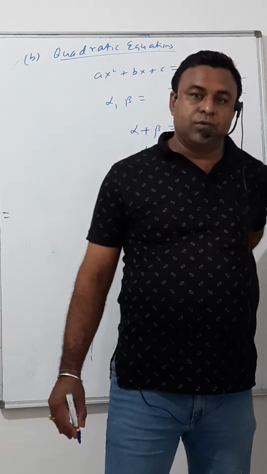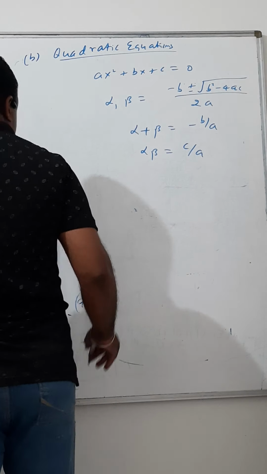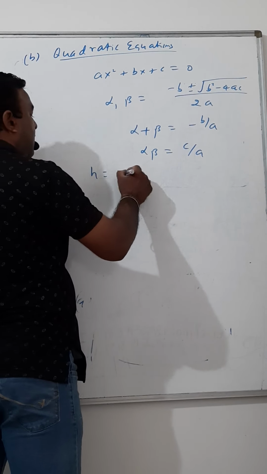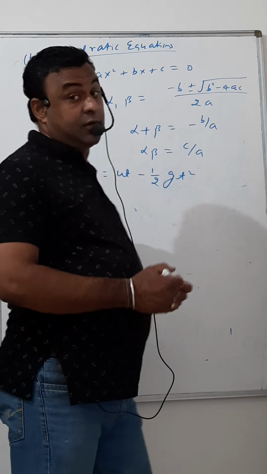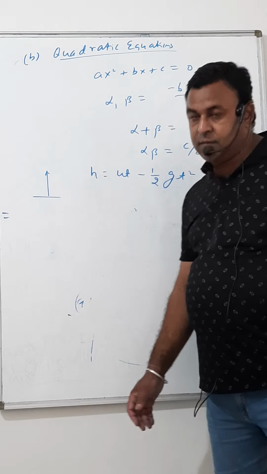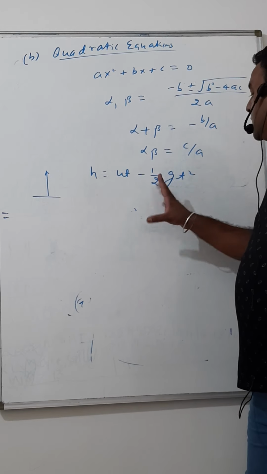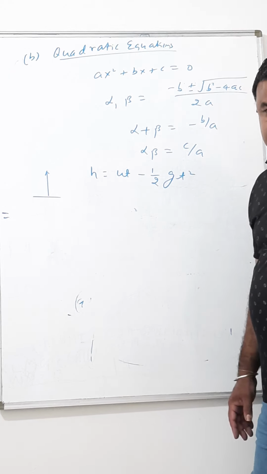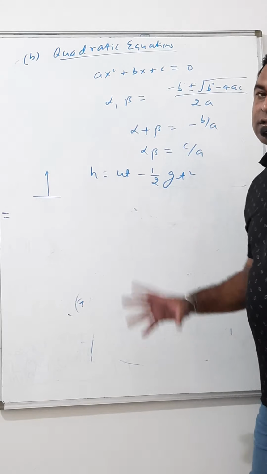Now, there is a good use of this even for the second chapter, motion under gravity. I hope you have gone through it. If some object is projected upwards, then the height is written as h equals ut minus half g t square. You have studied this in 9th and 10th class. Upward direction is taken positive, height is upwards, u is upwards, g is downwards, so it is taken negative. Now, this particular equation is quadratic in time. Okay? Now, let's solve a problem and then see the magic of the quadratic equation.